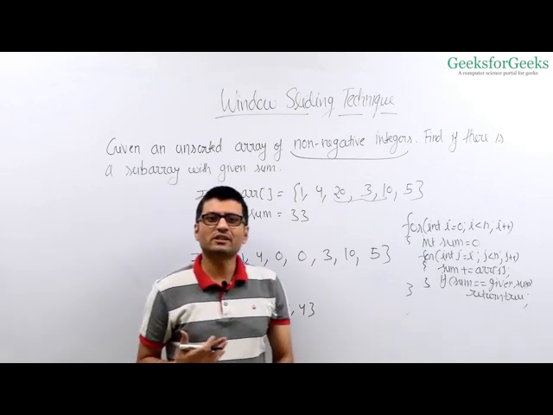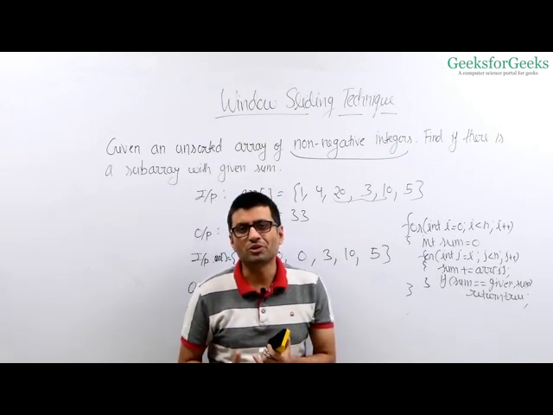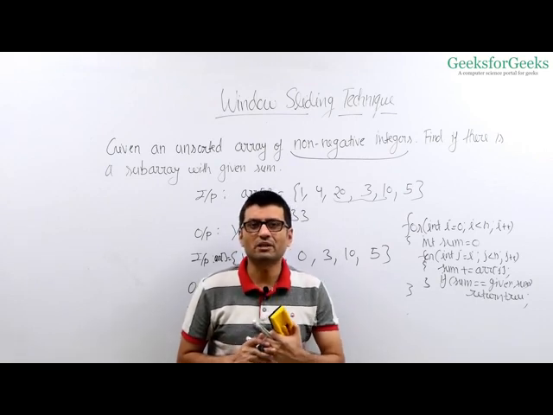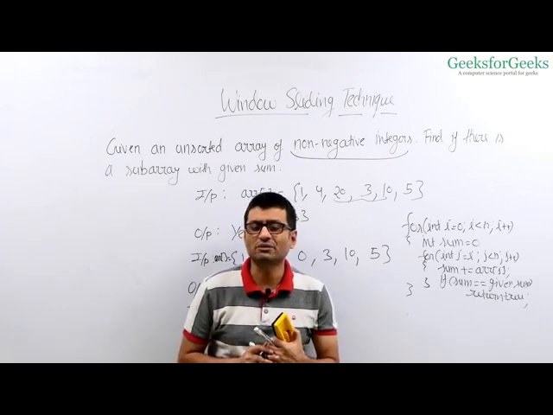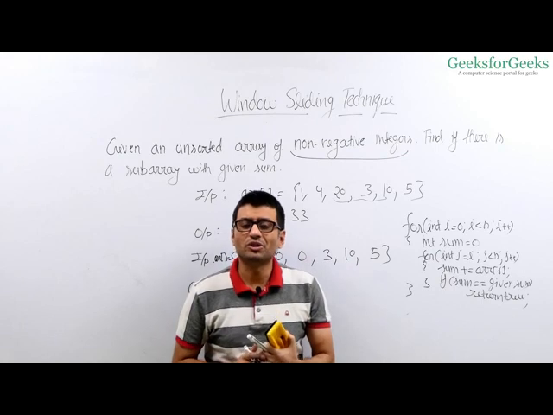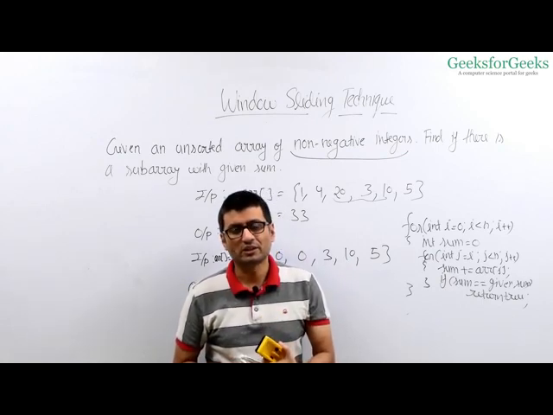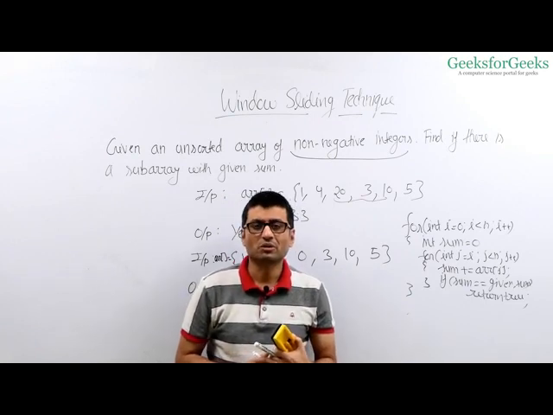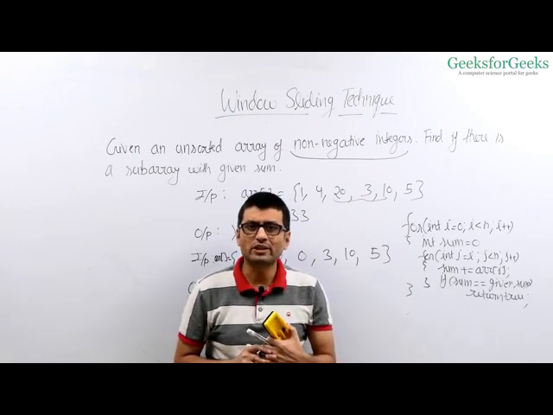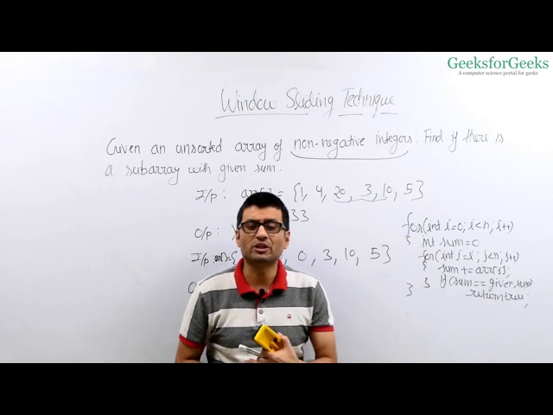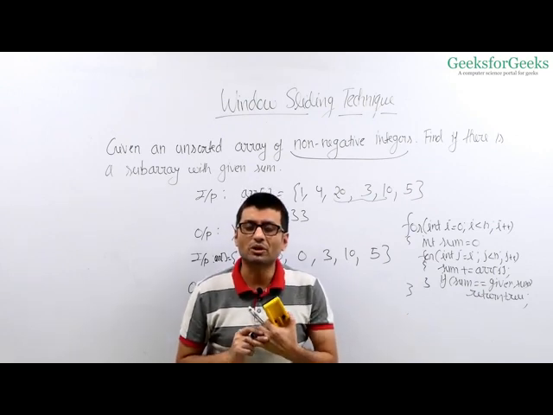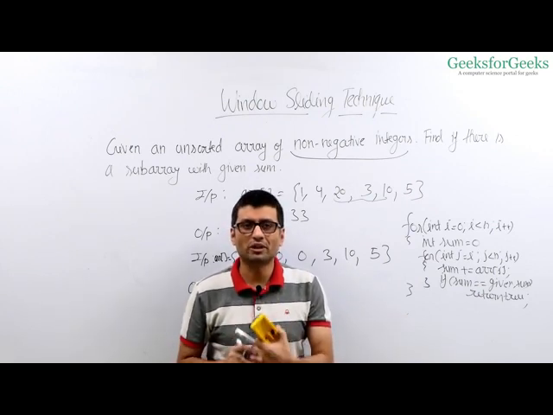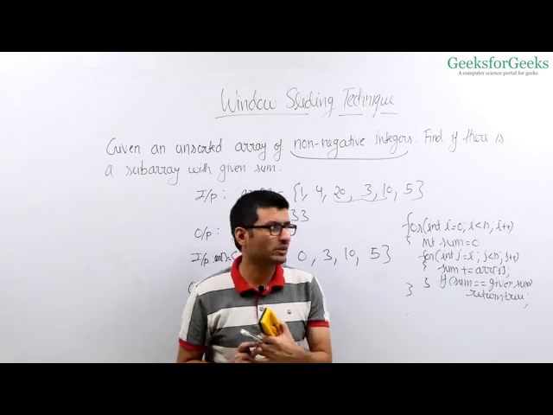We have discussed a big O of n solution based on hashing and prefix sum technique in the hashing video lecture. But that solution requires big O of n extra space. That solution works really great if there are negative numbers also. But if your array contains only non-negative integers, then you can do even better. You can solve it in big O of n time and big O of 1 auxiliary space. Let's see how we do it.